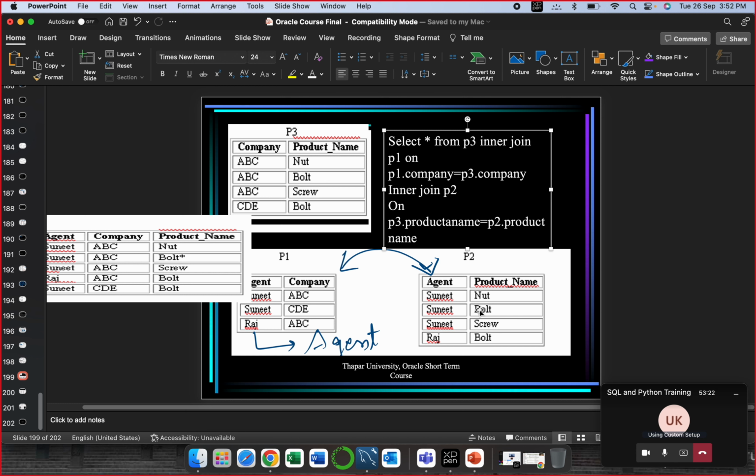It picks up bolt, it checks out Suneet over here, checks out CDE company, so it says Suneet CDE bolt. It picks up screw, says Suneet, it goes over here, it sees that Suneet is with ABC, it picks up Suneet as screw. Raj with bolt, so Raj has bolt, but he works with company ABC. Suneet manufactures, sells bolt, but he's working with CDE for bolts. So that's how